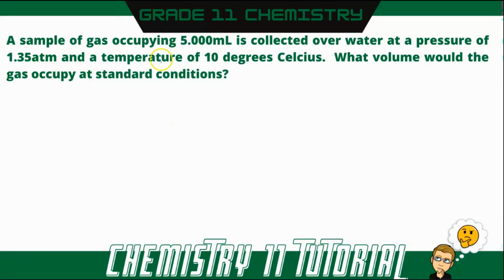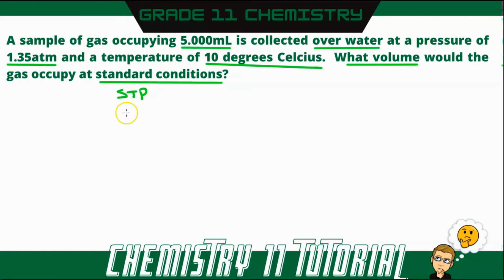Alright, so in this problem we have a sample of gas occupying 5 milliliters, and it's collected over water at a pressure of 1.35 atmospheres and a temperature of 10 degrees Celsius. What we need to do is figure out what volume, so we're solving for volume, would the gas occupy at standard conditions. Standard conditions being STP, standard temperature and pressure, where that is 0 degrees Celsius and a pressure of